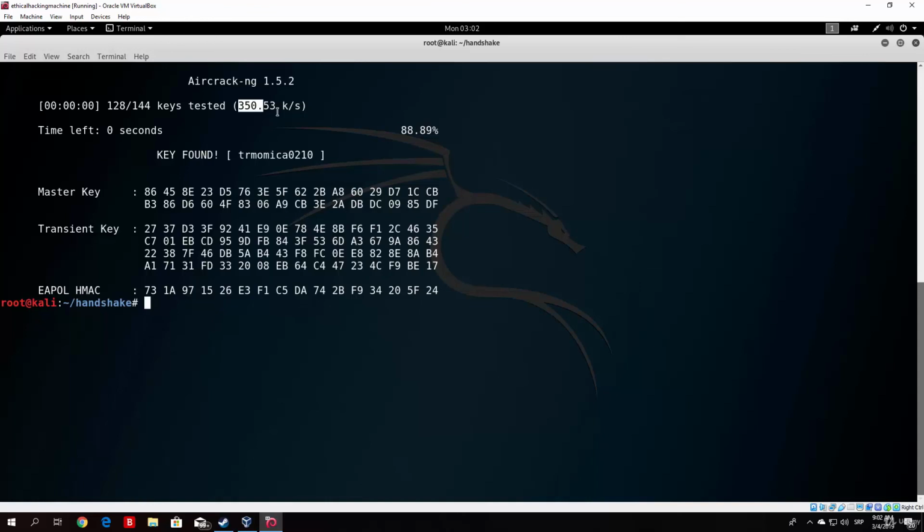Now the other way is the way that I will show you in the next video, which is basically running the brute force attack with the GPU, which is your graphics card, which can perform this attack a lot faster, since your graphics card has a lot more cores and it can perform these smaller tasks a lot faster than your CPU. Therefore, it will be much faster in the process of cracking this password.